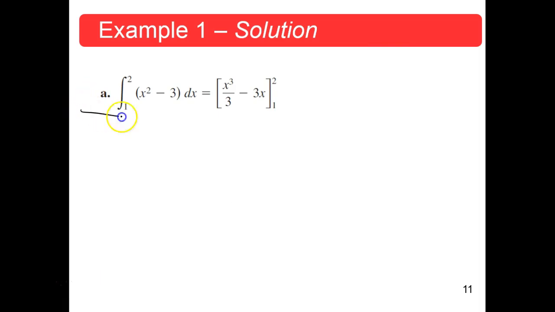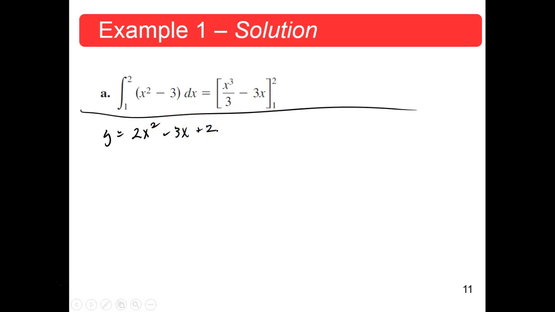Example 3. Find the area of the region bounded by the graph of y equals 2x squared minus 3x plus 2, the x-axis, and the vertical lines x equals 0 to x equals 2. All right, now,